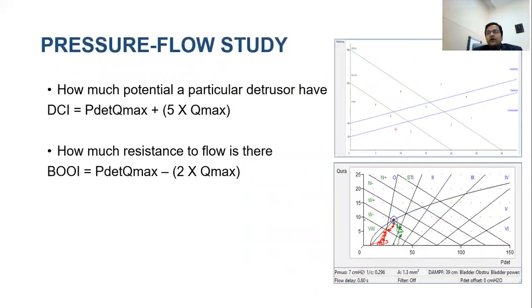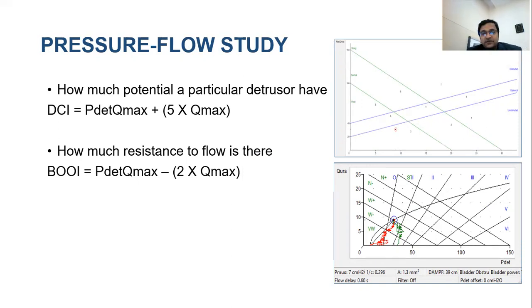Now, coming to the voiding phase. In patients who are self-voiding, in the active voiding phase, we look at two components. It is essentially finding a relation between pressure and flow. We should know how much potential a particular detrusor has. Is this detrusor contracting strong enough so that the patient is able to pass urine to completion, with